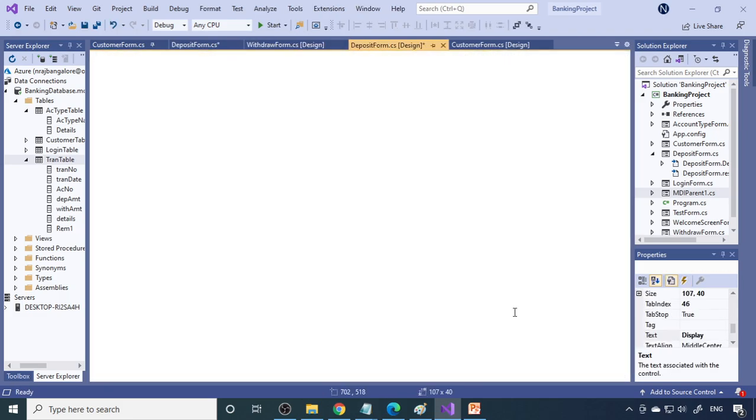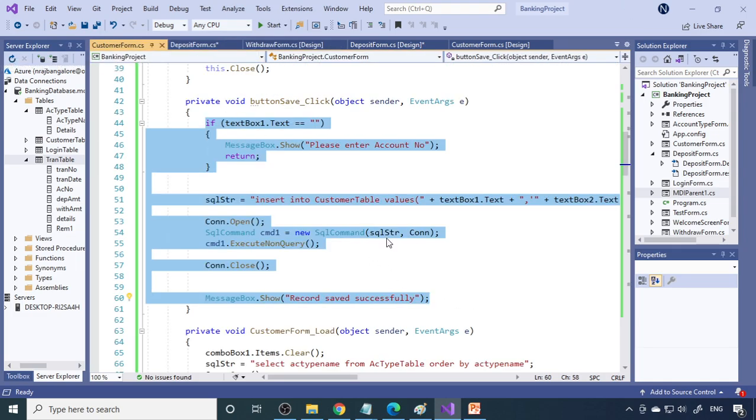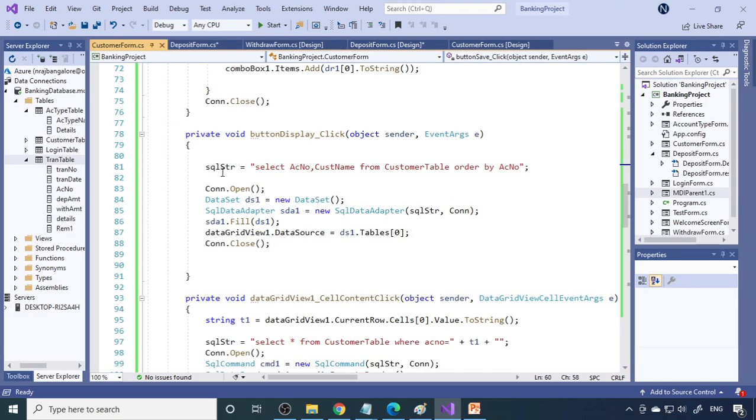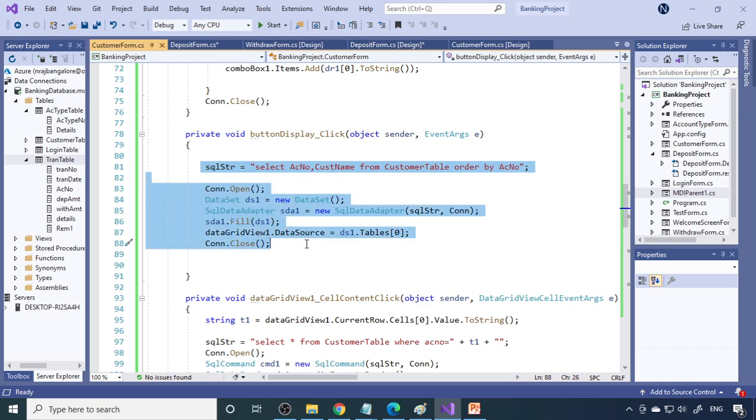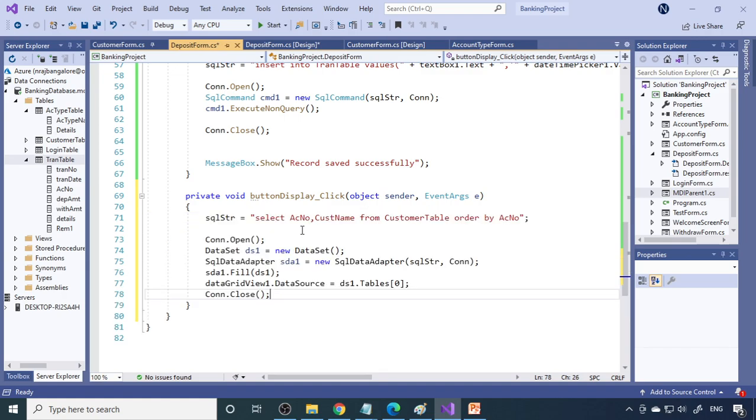Okay, so display, we go back here. So here is the display. Okay, just copy this. So place it. So here is the transaction number, then the account number, then the amount. So here there are two amounts. So therefore you can say deposit amount. So here we want only the deposit amount.